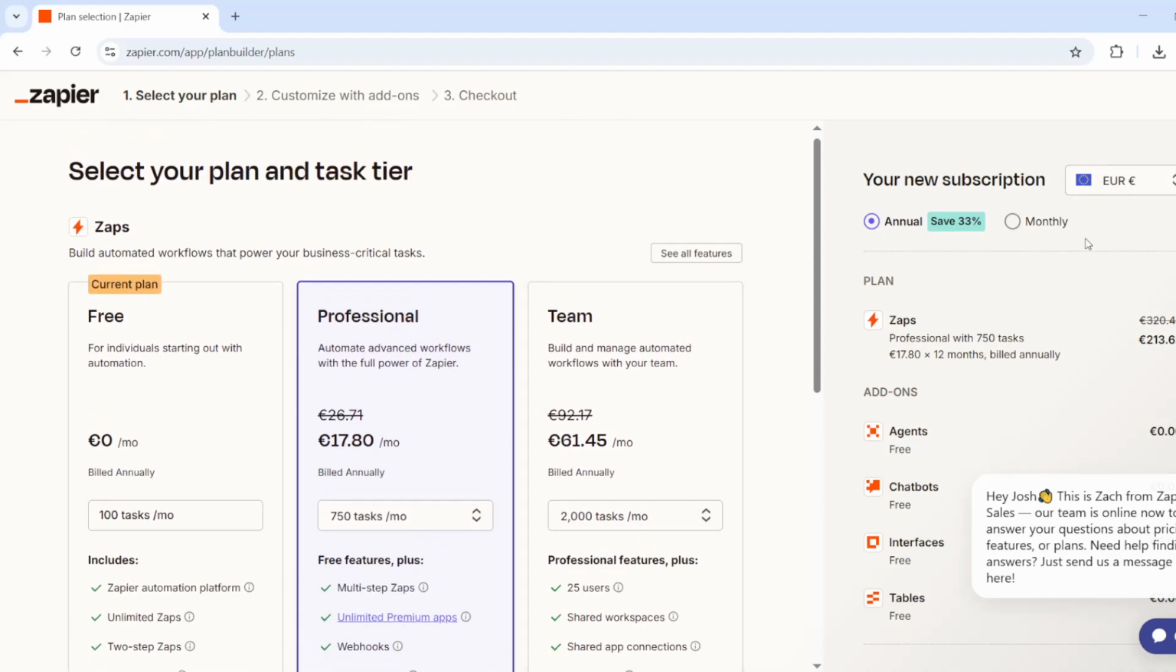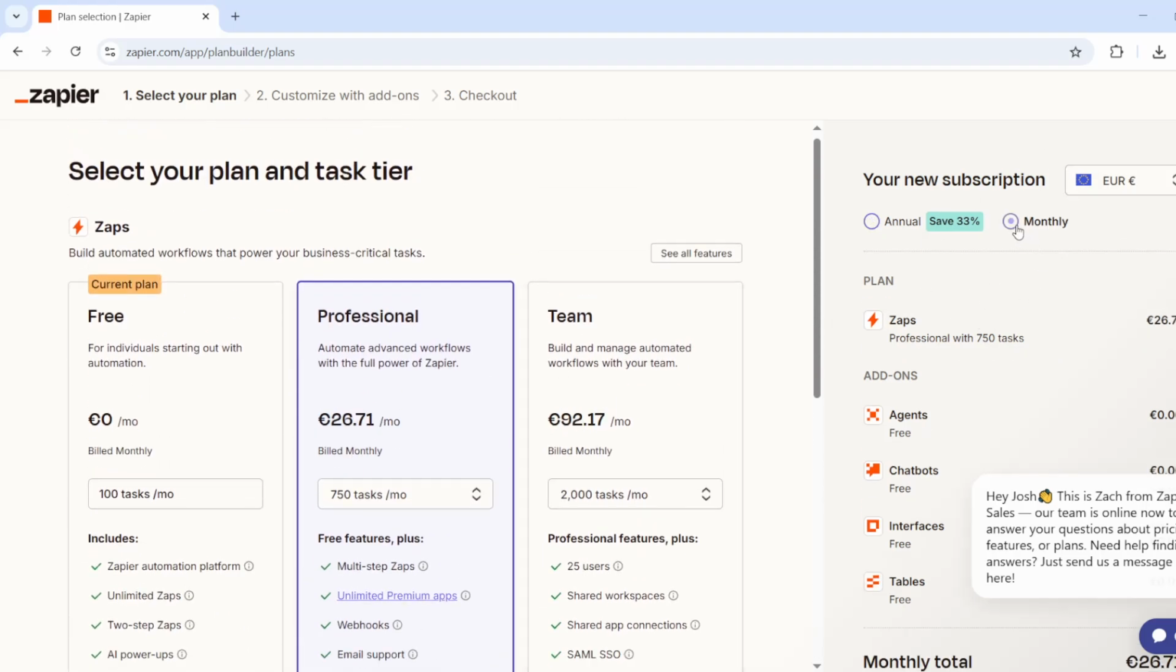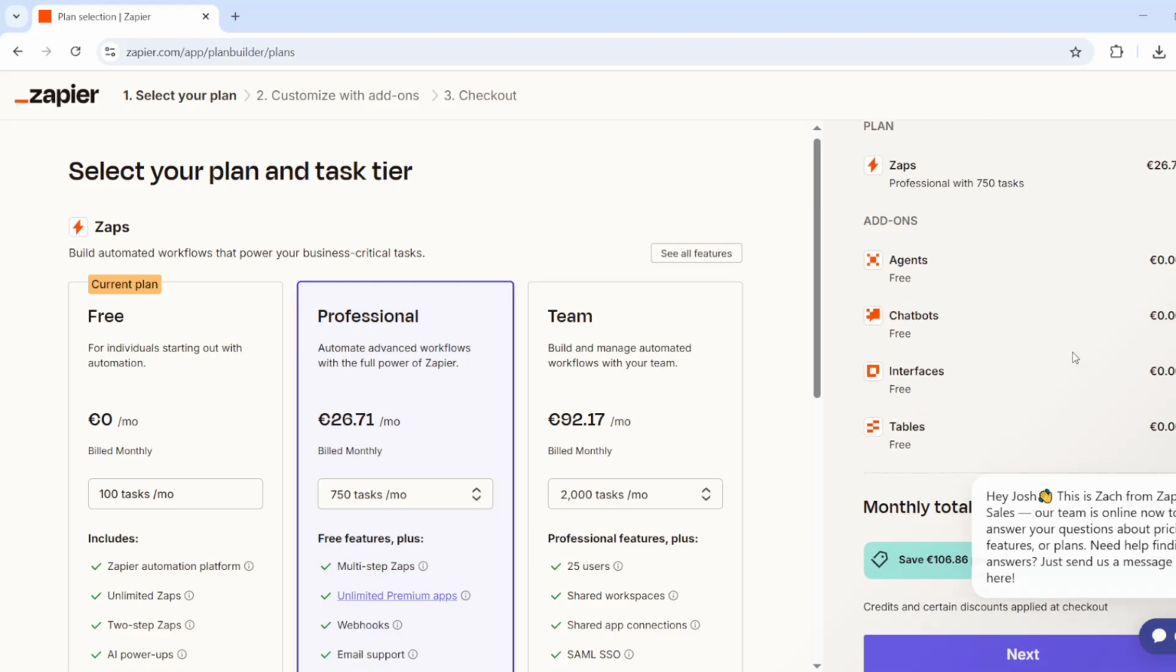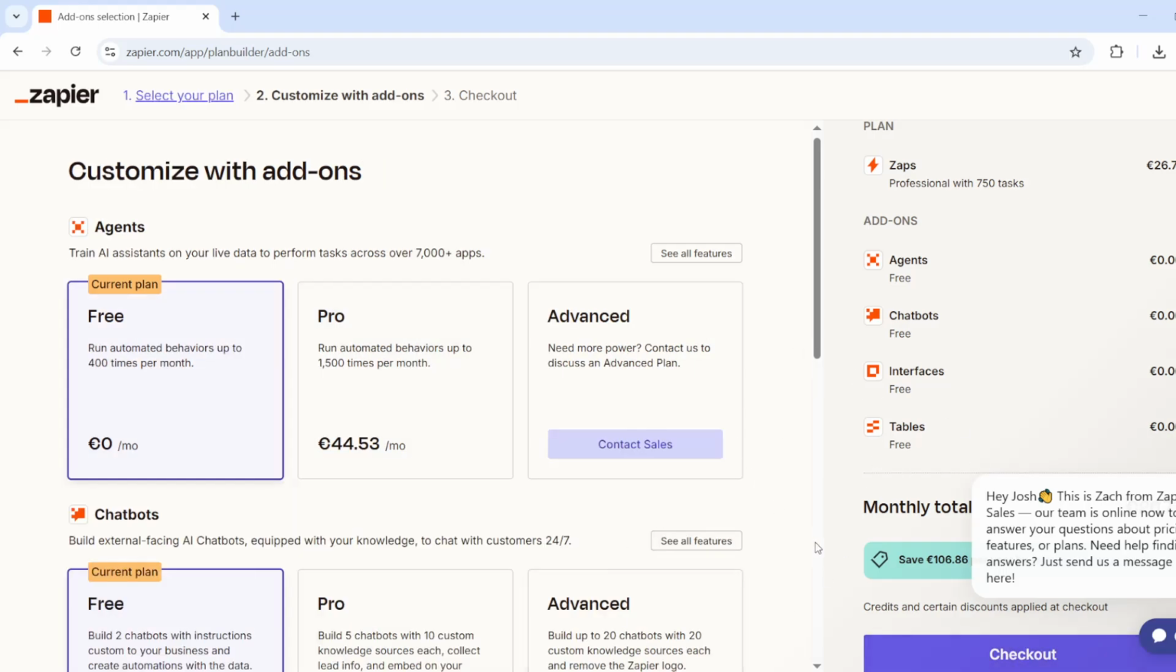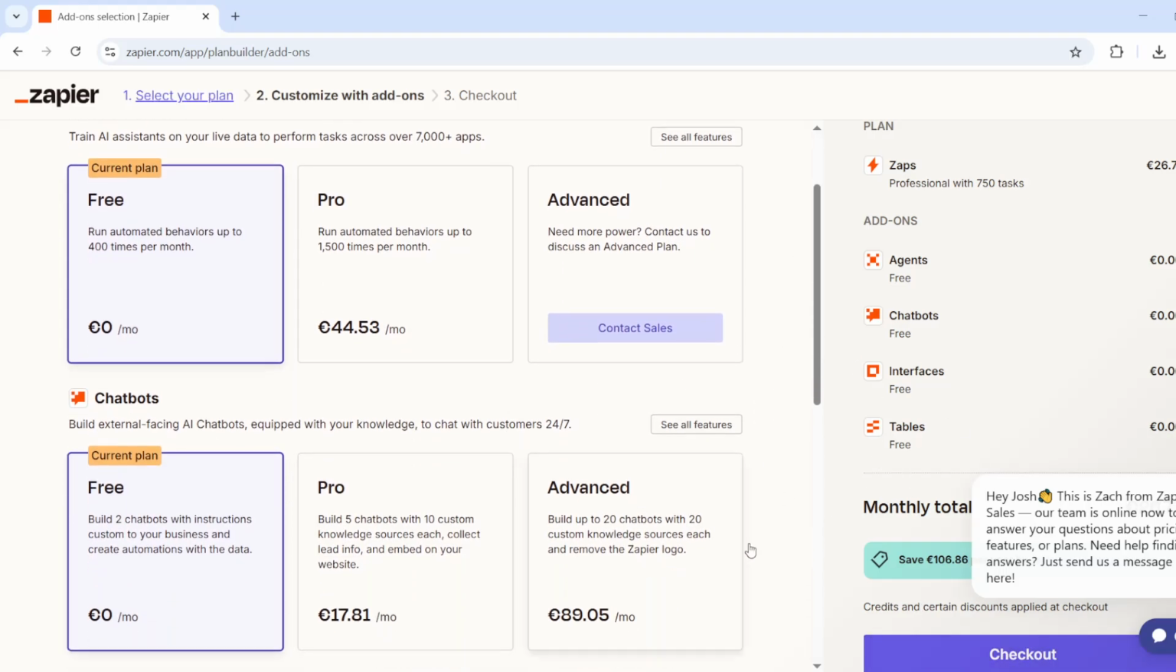And then on the right hand side, you'll choose monthly or annually. And by scrolling down in the checkout page, you'll click on next. That will now redirect you to any features that you want to add. Click on checkout,